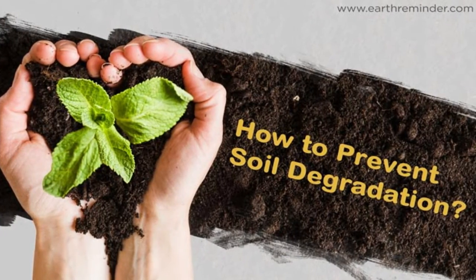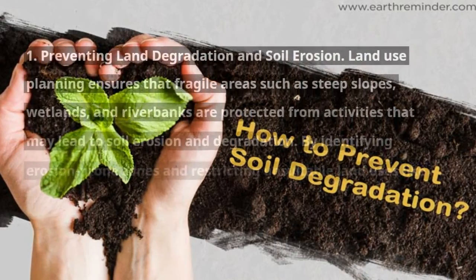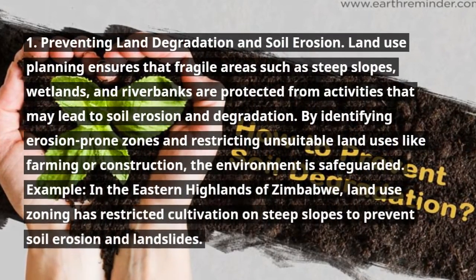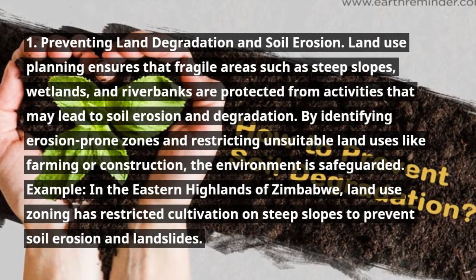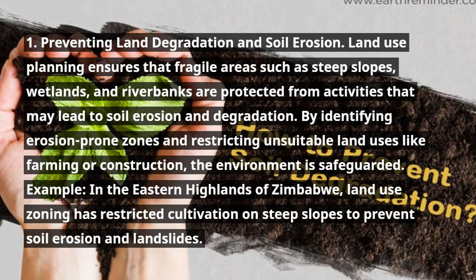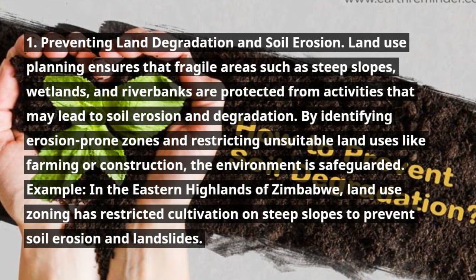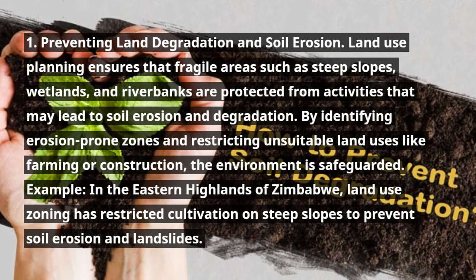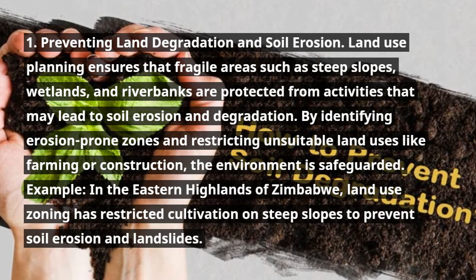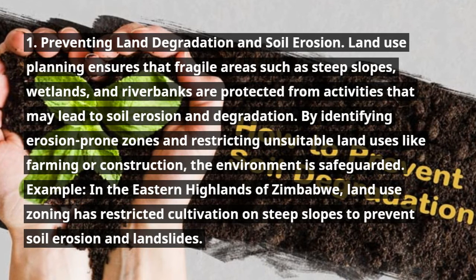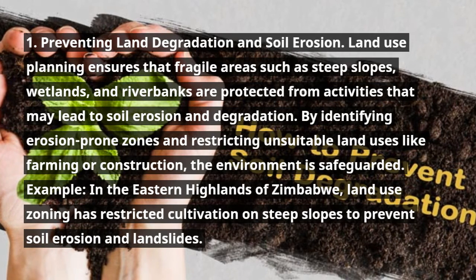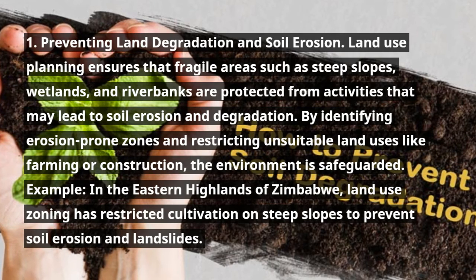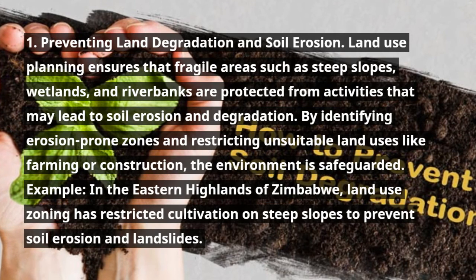1. Preventing land degradation and soil erosion. Land use planning ensures that fragile areas such as steep slopes, wetlands, and riverbanks are protected from activities that may lead to soil erosion and degradation. By identifying erosion-prone zones and restricting unsuitable land uses like farming or construction, the environment is safeguarded. Example: in the eastern highlands of Zimbabwe, land use zoning has restricted cultivation on steep slopes to prevent soil erosion